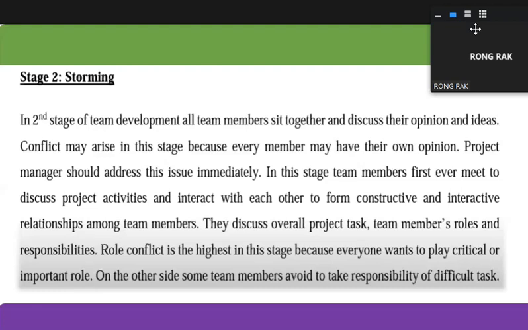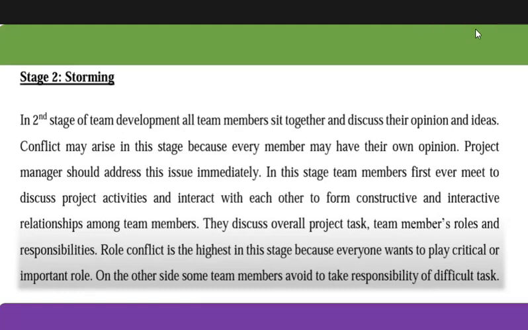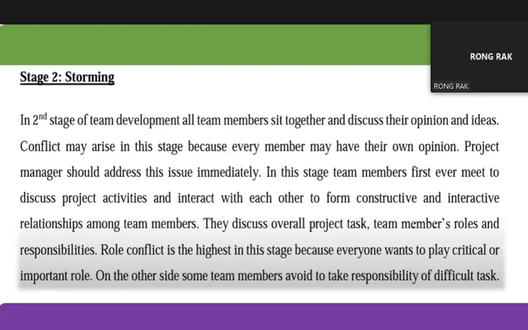In this stage, students have other opinions. They have different opinions. So in this stage, students say their opinions and discuss the different opinions in the group. So in this stage, students find it very difficult to decide what the main point of the group discussion is.